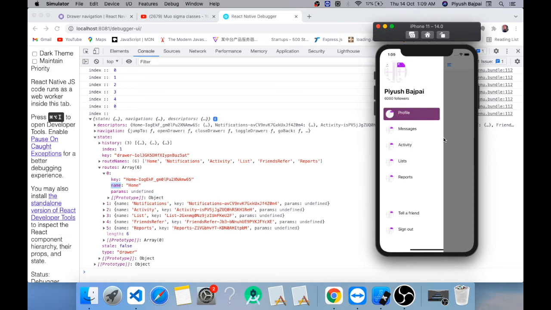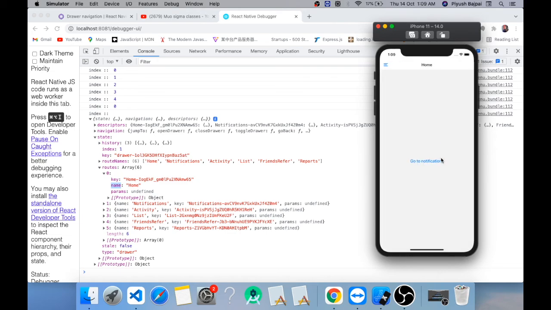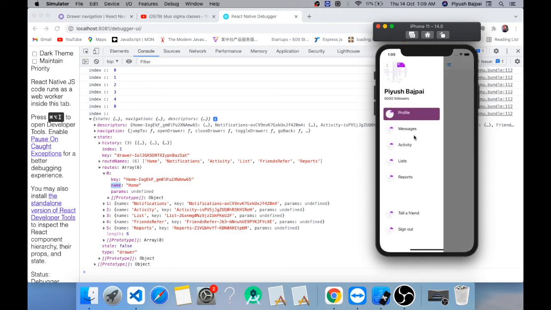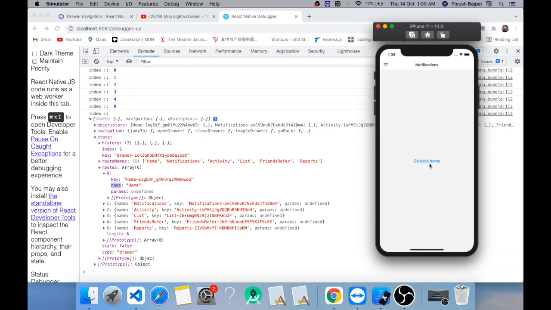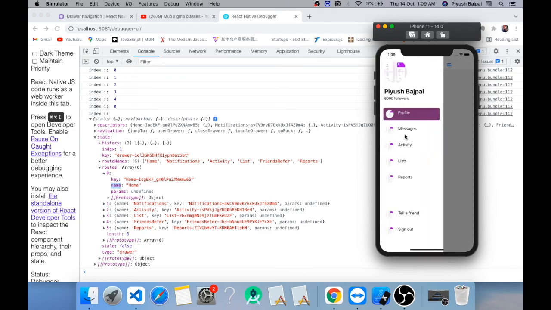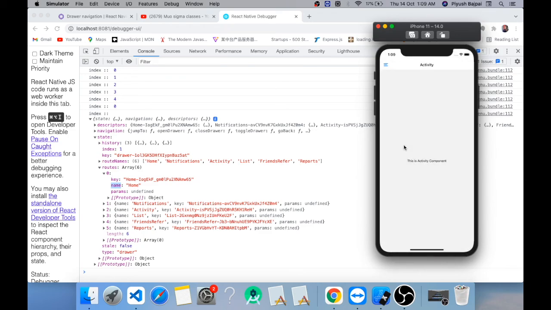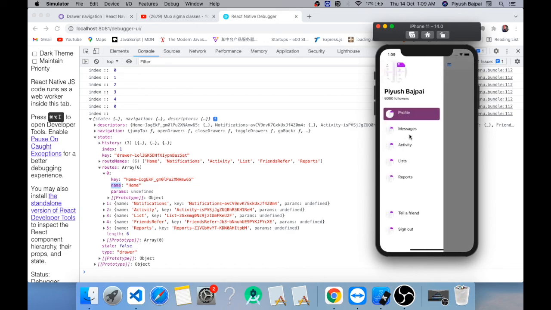So in the next video we are going to learn how we can create some additional features, like suppose that in the application, if you are going to the notification page and if you're clicking in the side menu, it should highlight this messages item, right? But it is not. Okay, so let's say if you are going to the activity and again you are going to the profile one, so you are in the home page. Now if you click on this go to notification, you are now on the notification page. It should highlight this messages item, right? Again, so how we can achieve this, and we'll make this function as well in the next video.